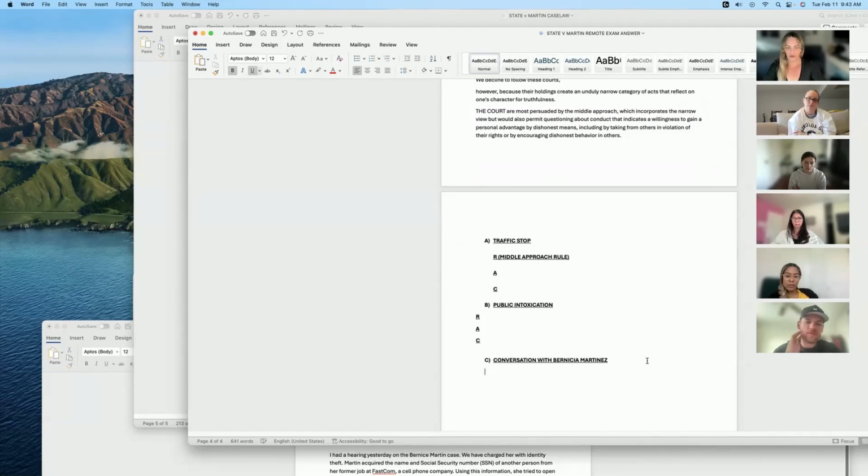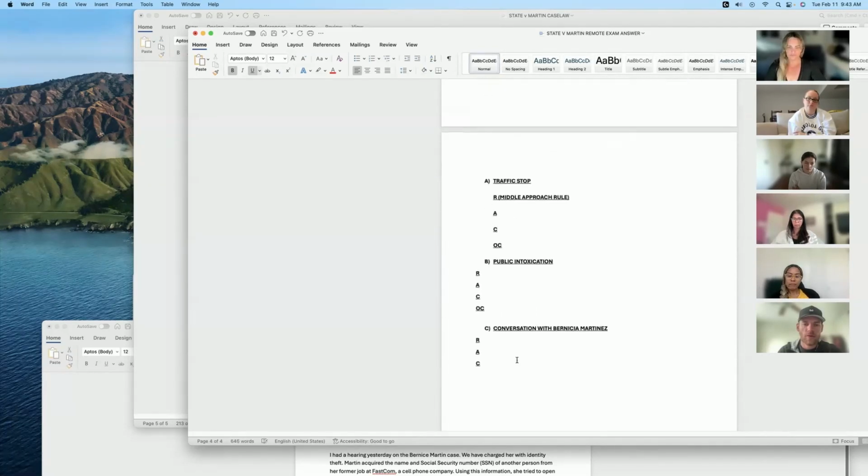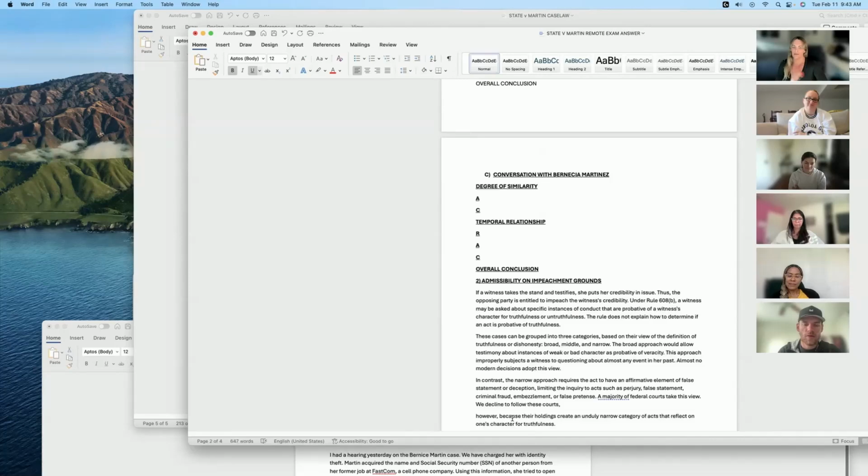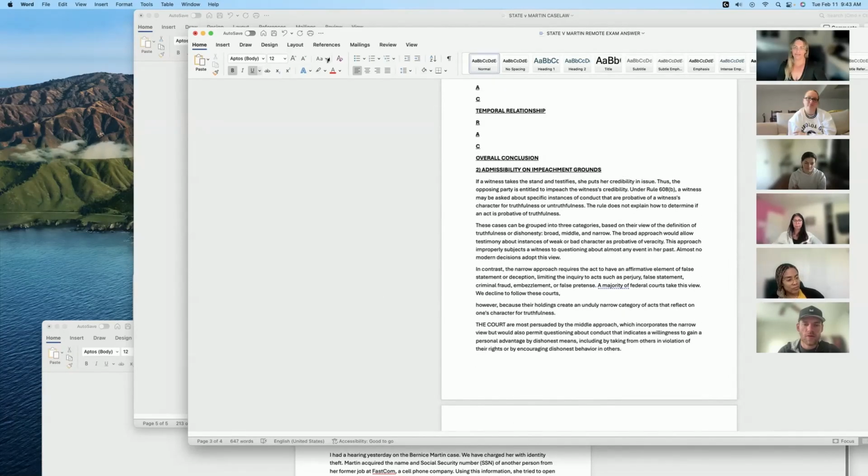And don't forget the overall conclusion under each one. I'll just write OC for now. Like the show, Laguna Beach, OC. It's from the OC. Okay, I don't know. All right, so that is your briefing of the case law, and then you go back to the facts,